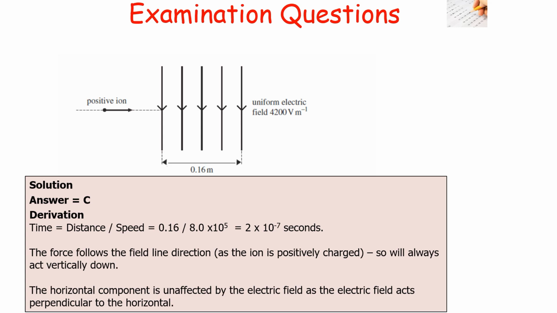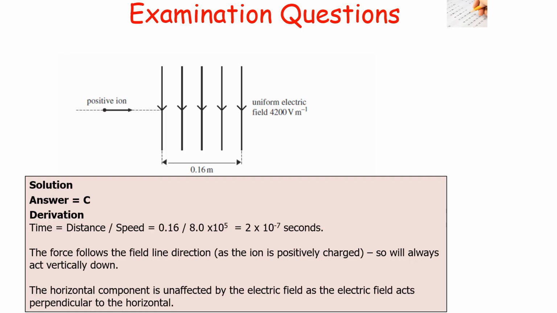Now the force follows the field line direction in this case, because we've got a positively charged ion and the field lines point in the direction a positively charged ion would move in that particular field, so it will act vertically down. And also we know that the horizontal component is unaffected by the electrical field, because the electrical field is acting vertically, so therefore it's acting perpendicular to the horizontal and therefore will not influence the horizontal components of